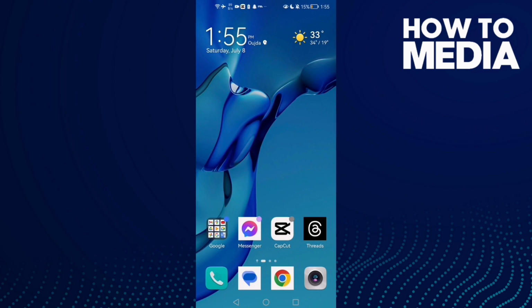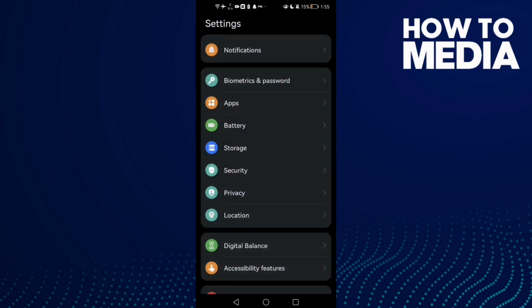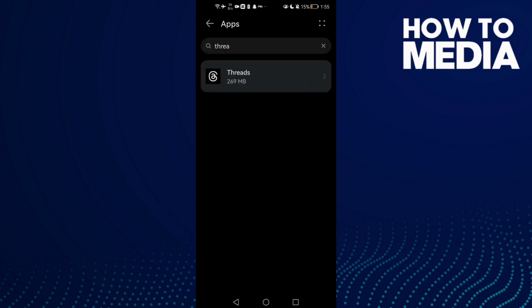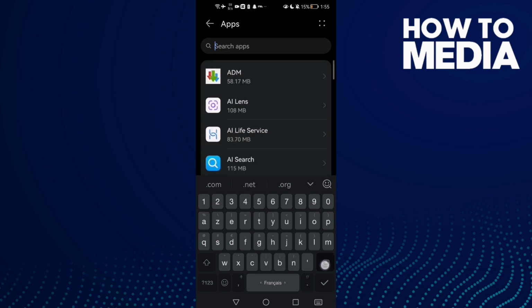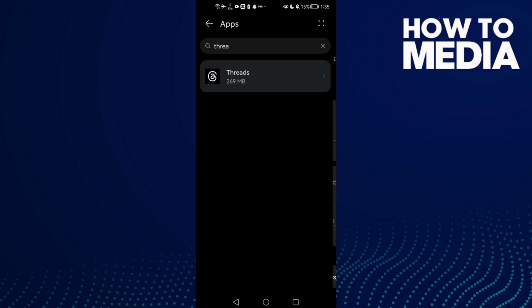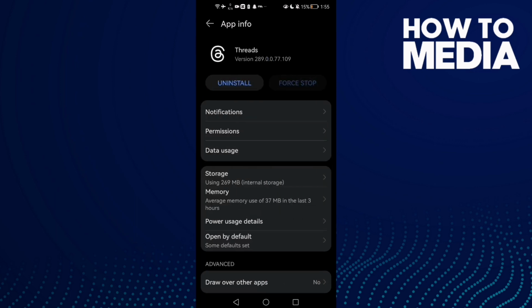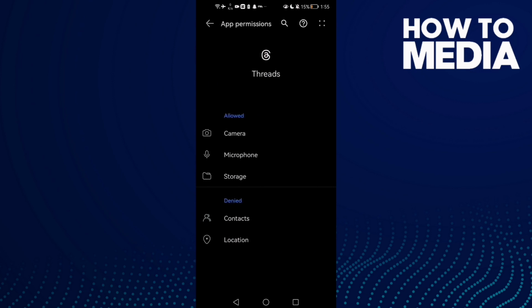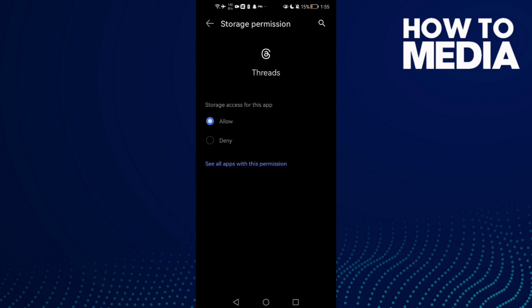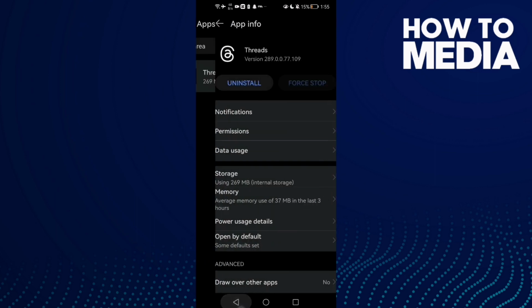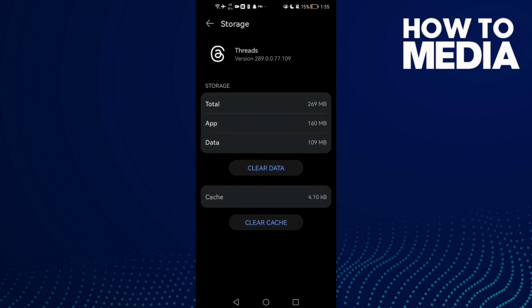If you want to fix it, all you have to do first is go to settings and then go to apps and then apps again, and after that just type Feeds, click on it and click force stop, then go to permissions, go to storage, make sure to allow storage, maybe you'll find it like that, click allow and go back. After that go to storage, clear cache,